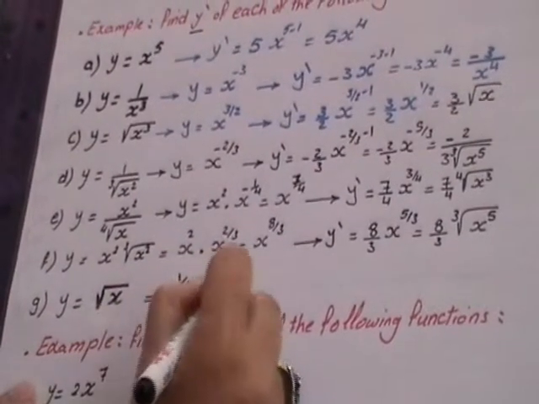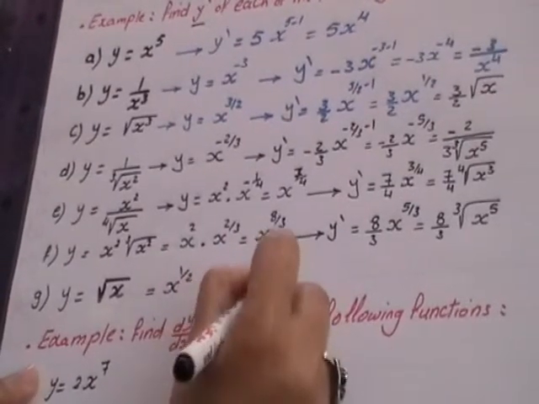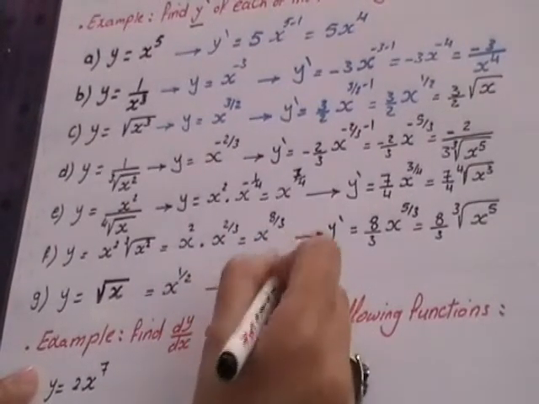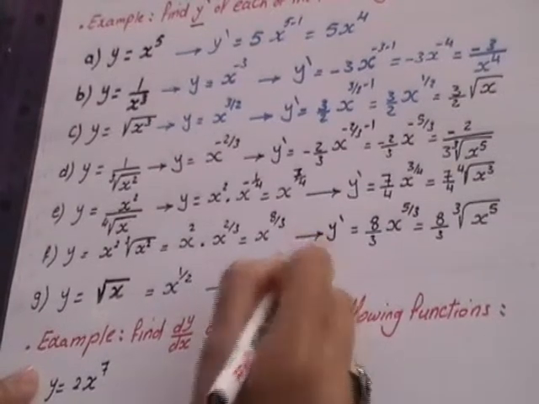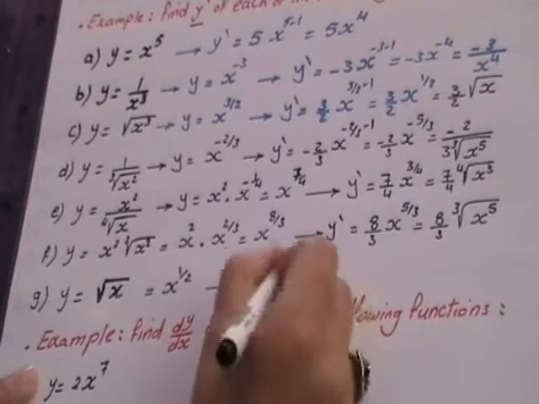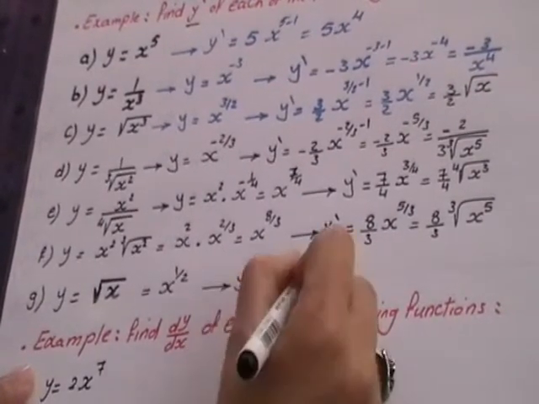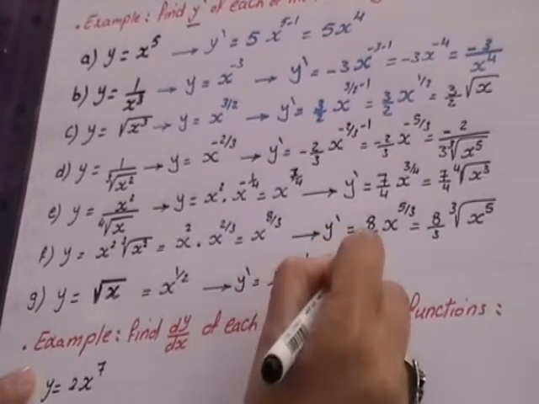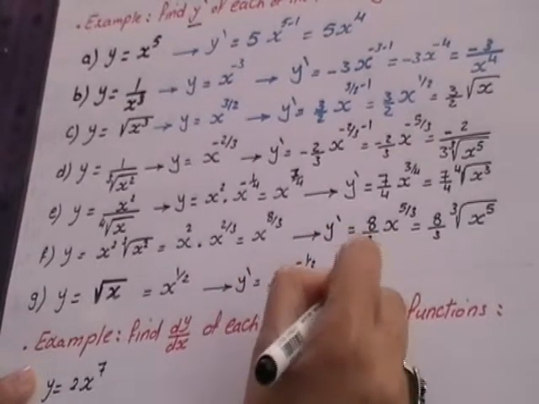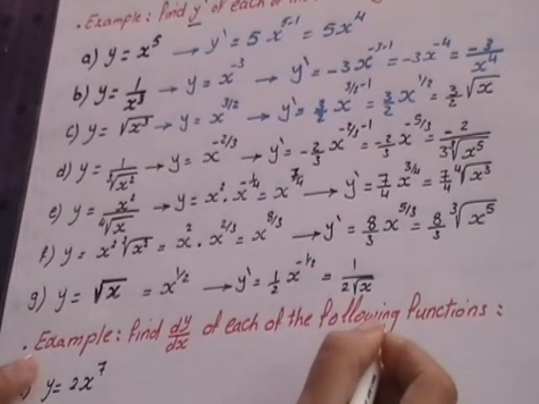So we can find the first derivative: y dash equals half, and we put x at the power half minus 1, which is negative half. And we remove the negative sign by taking it in the denominator. So y dash will be equal to 1 over 2 square root x. You must notice that any